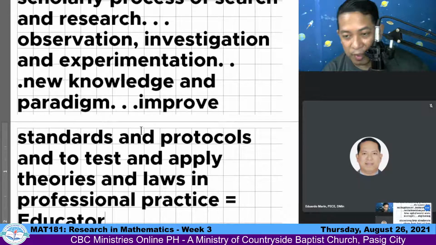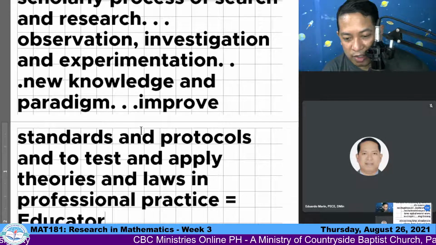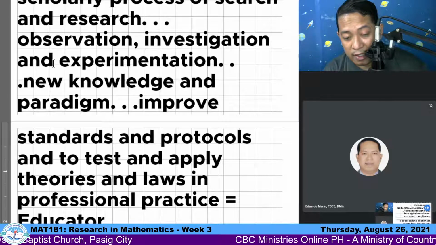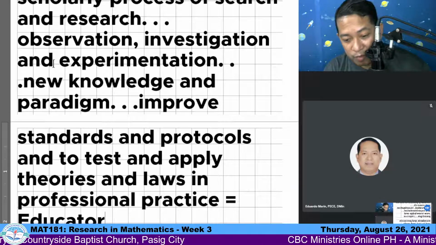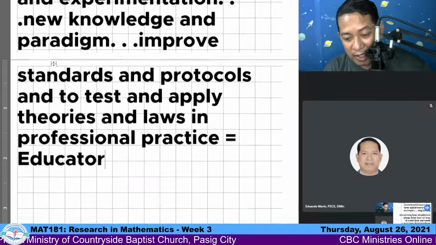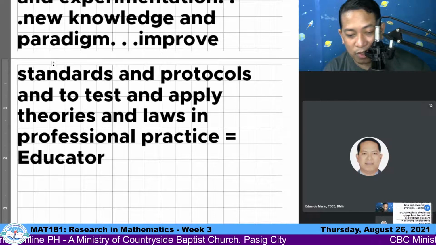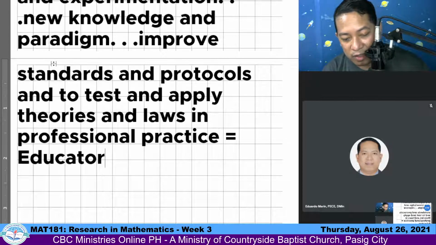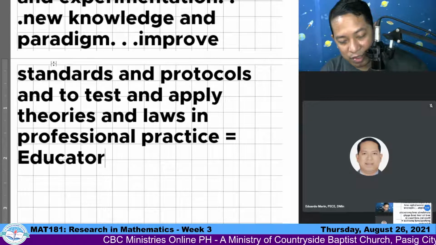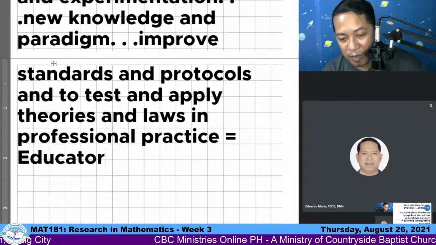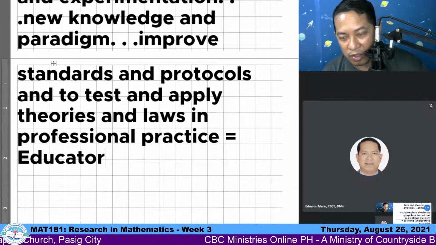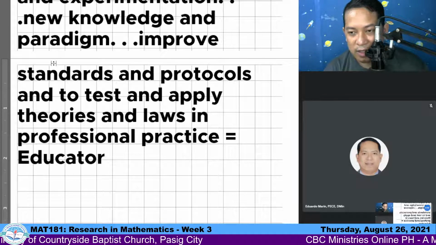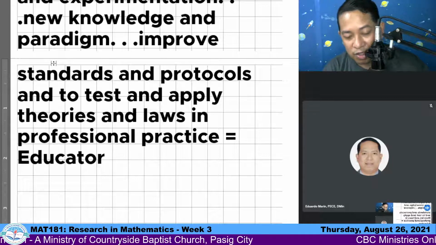The purpose of research is to produce new knowledge out of the current discipline, perhaps to improve or have a new paradigm, improve the standards and protocols, or test and apply the theories and laws as far as professional practice is concerned. As educators, there are prevailing educational and psychological theories that we may apply to our respective contexts and situations,